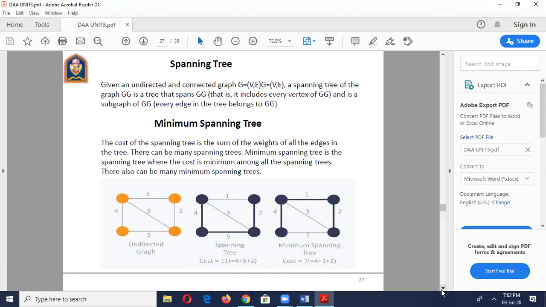So which has vertices 4, 1, 2, 3, and 5. So now you are just connecting that graph. Connecting the graph in the U shape. So we will get the total cost as 11 by adding those 4, 5, 2. So we will get the cost as 7.